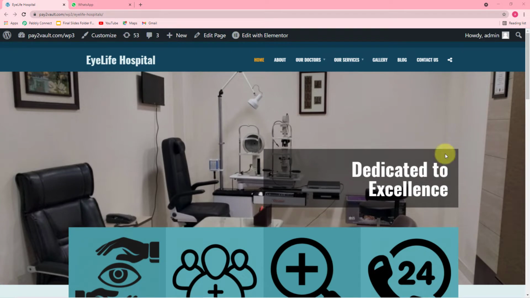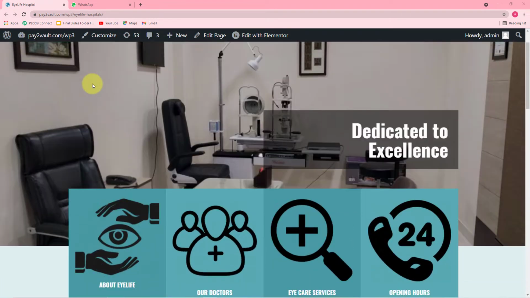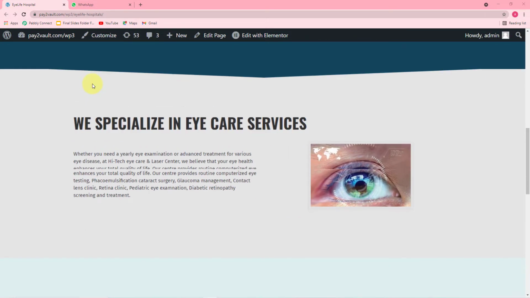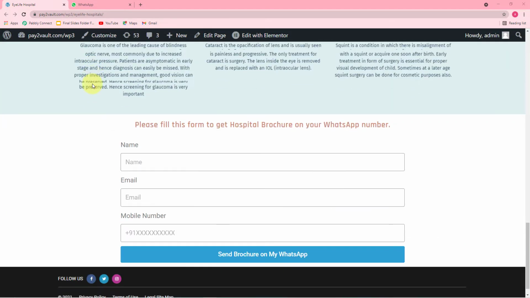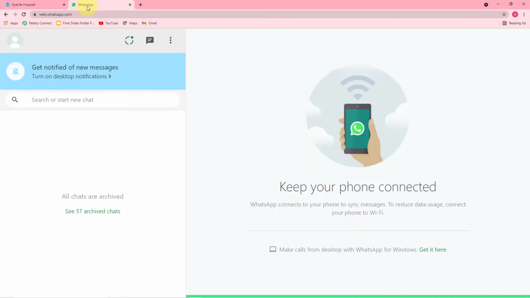So guys, this is my website that I have created for this iLife hospital. You can see, and here we have a form attached with it, created with the help of the Elementor application. So this is the Elementor form here, and this is a kind of inquiry form, and whenever someone fills this form, we are going to send him or her the hospital brochure on the WhatsApp account here, right?